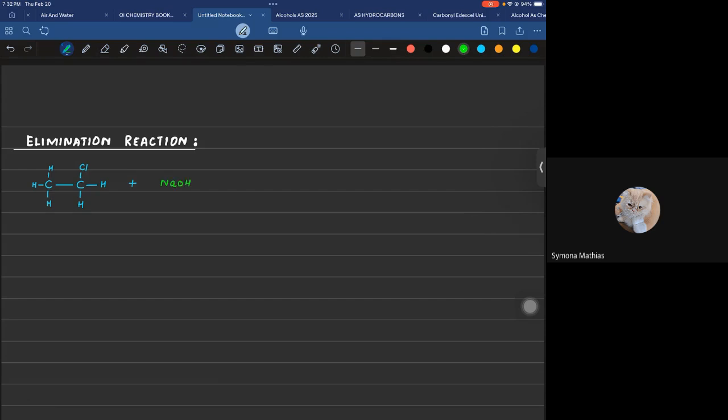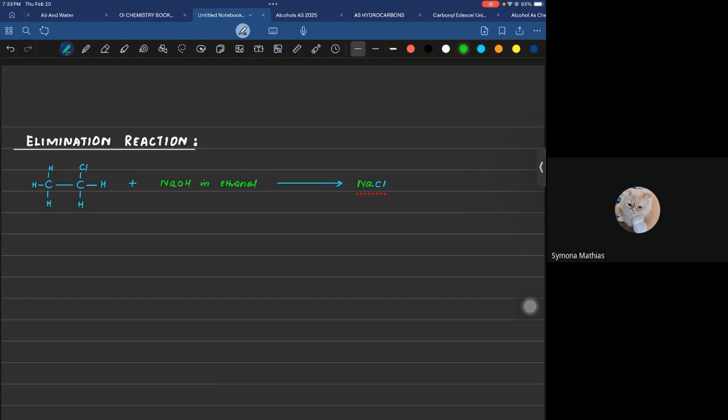Sodium hydroxide in ethanol, it would show a chemical reaction. So NaCl would be produced,